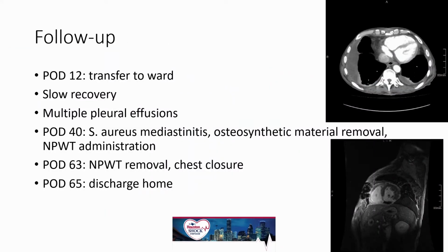However, apart from our good wishes, the course of the patient afterwards was not so good. After 12 days from the initial surgery, the patient was transferred to our ward. Of course, the slow recovery was anticipated. He also presented with multiple pleural effusions, but then on postoperative day 40, Staph aureus mediastinitis occurred, and we had